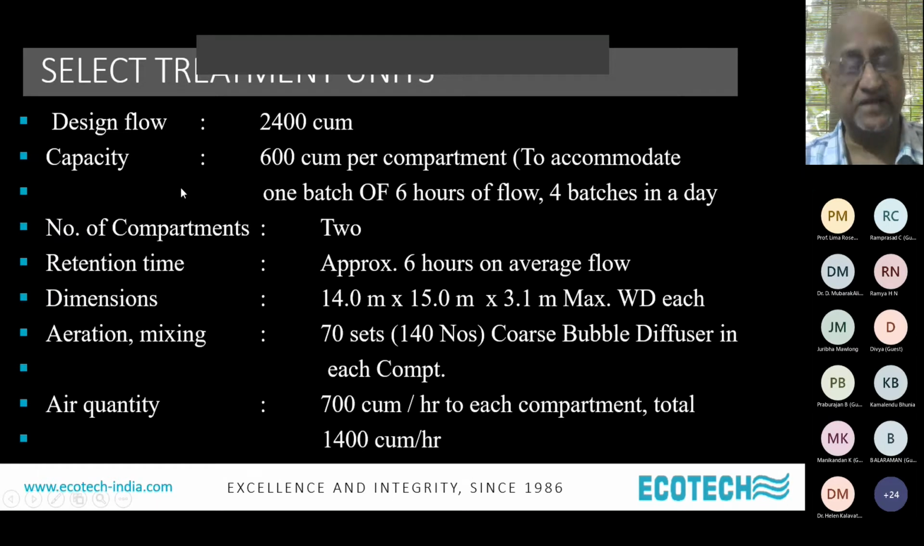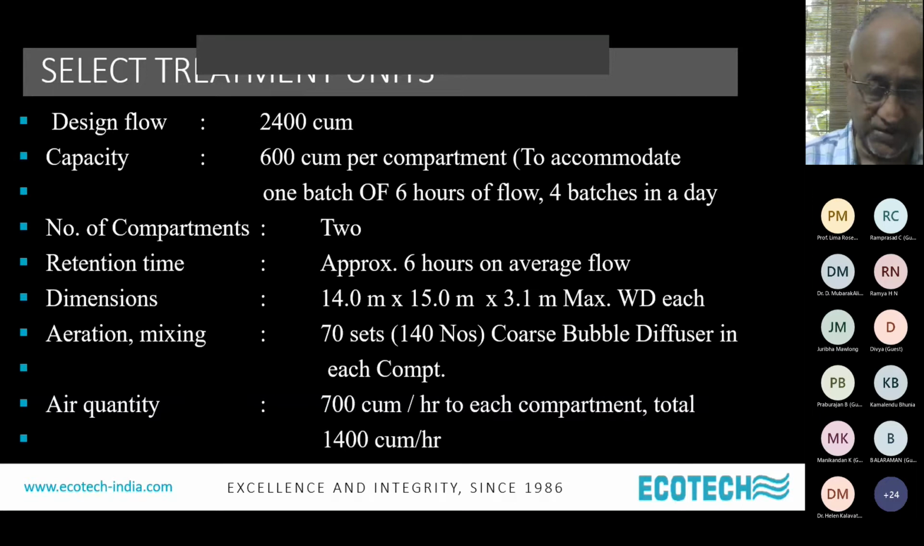So this is the design criteria which we used. Design flow capacity 600 cubic meter per compartment. Each equalization tank compartment 600 cubic meter. So you have 4 batches of equalization, 1 batch of 6 hours flow, 4 batches in a day. Number of compartments 2. Retention time 6 hours, the dimensions, aeration mixing, because it contains a lot of solids, you